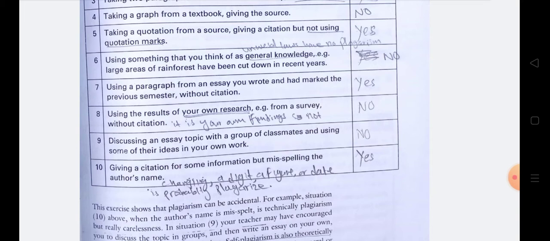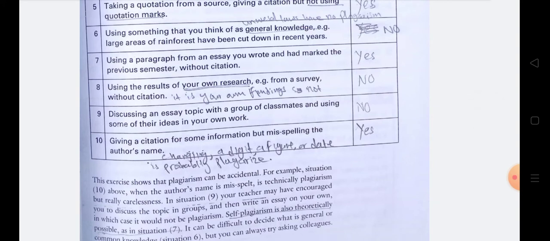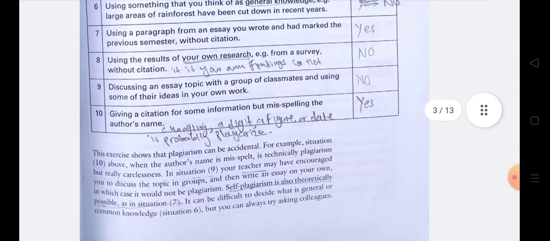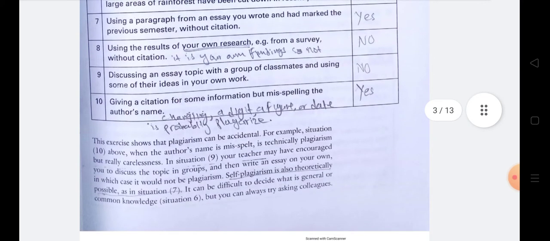Using the result of your own research from a survey without citation, so it's your own finding, so there is no plagiarism. Discussing an essay topic with a group of classmates and using some of their ideas in your own work, it is not plagiarized.